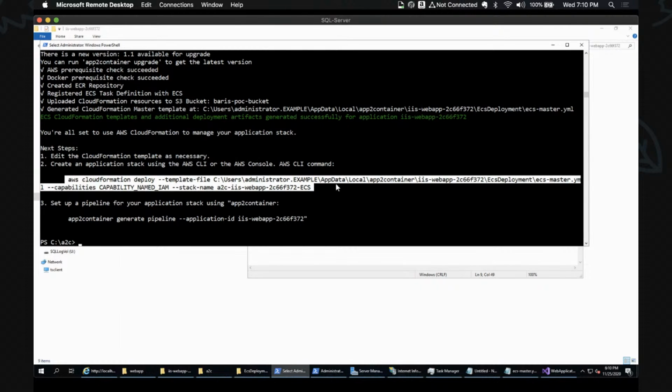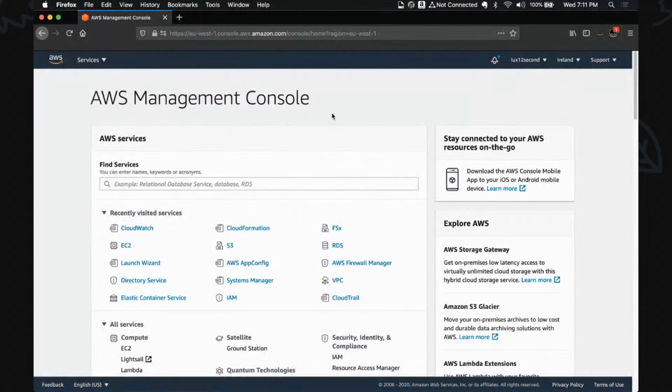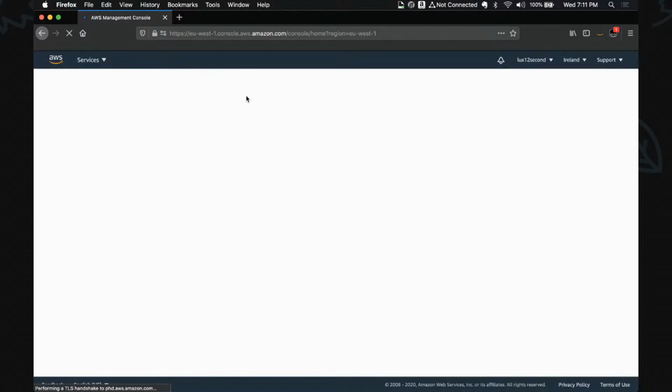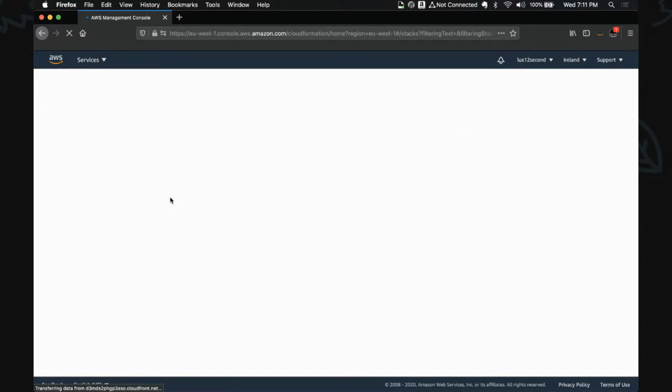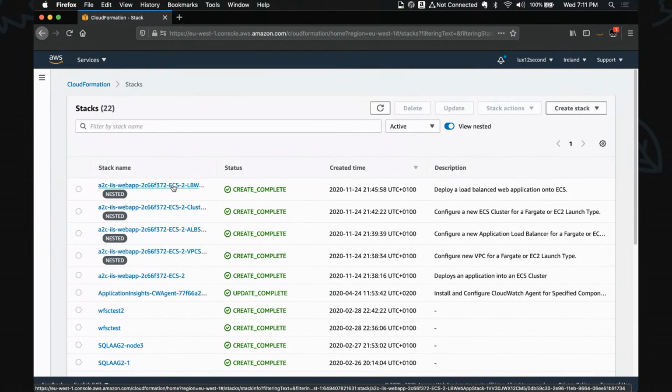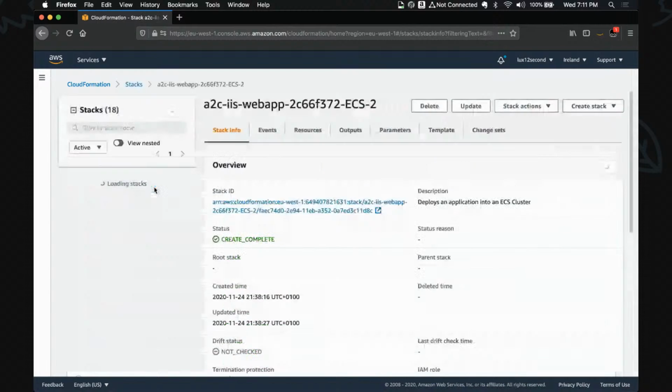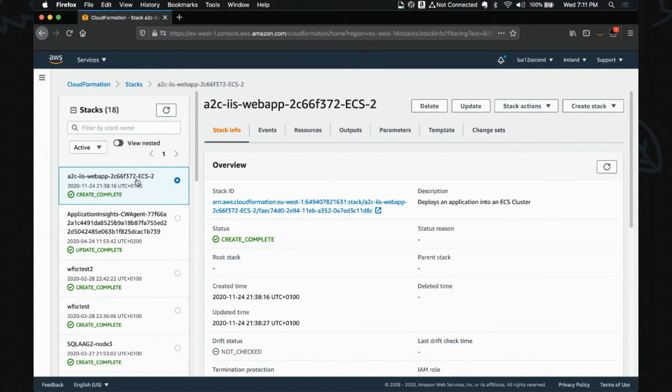And it's not just the Docker image download and deployment. It creates a whole set of resources around this. So I will show you that now. If I go back to my AWS console, I'll go to CloudFormation. This is the one that I did today, with nested stacks hidden. This is the CloudFormation stack that is generated and I deployed.